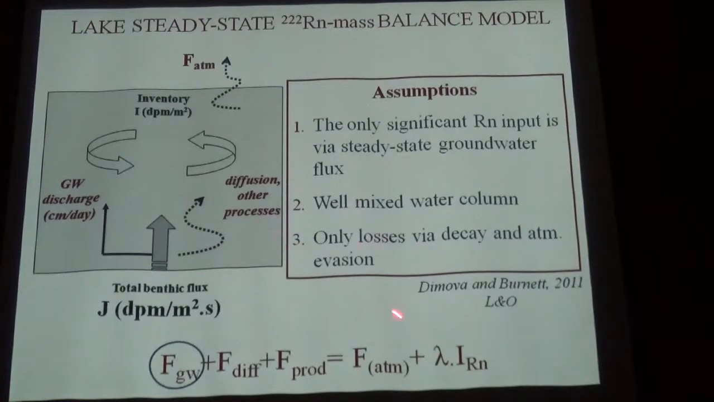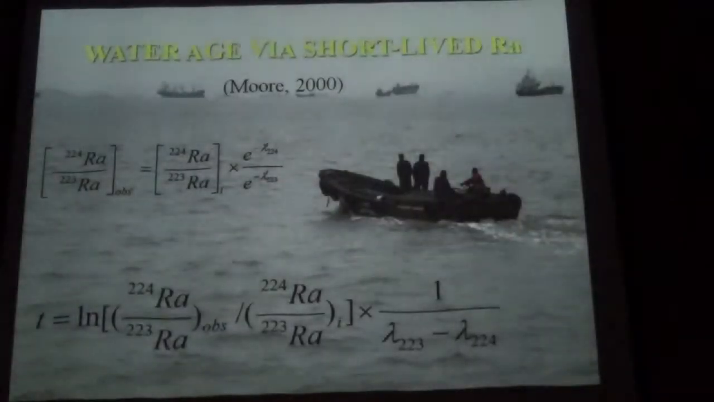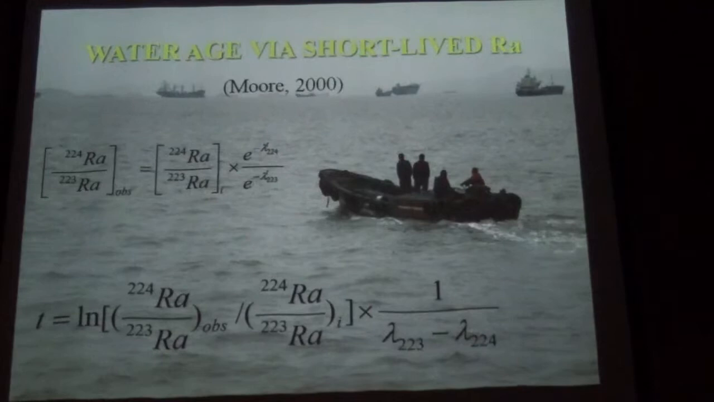All these equations are described in detail in this paper, and I'm more than willing to talk to you about this. The last case that I will present is using the short-lived isotopes of radium-224 and radium-223. They're coming from the two different chains of thorium-232 and uranium-235. So in this case, this is a river system, and this study picture is from the Yangtze River estuary